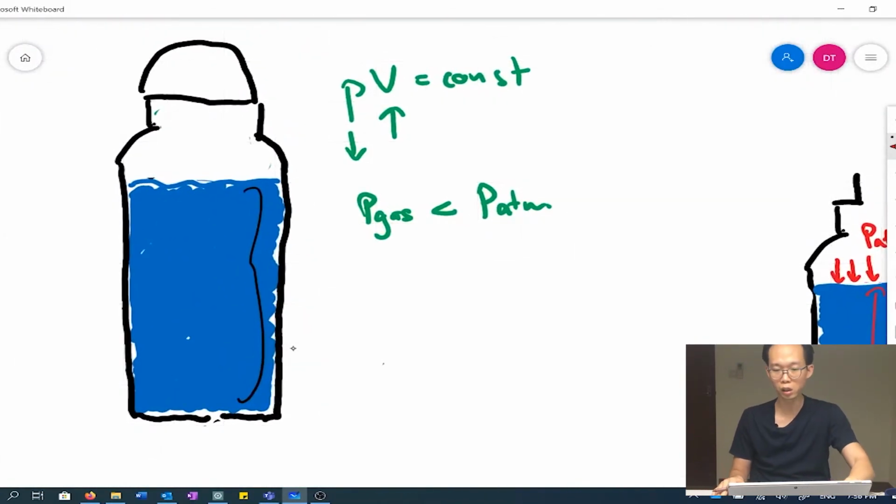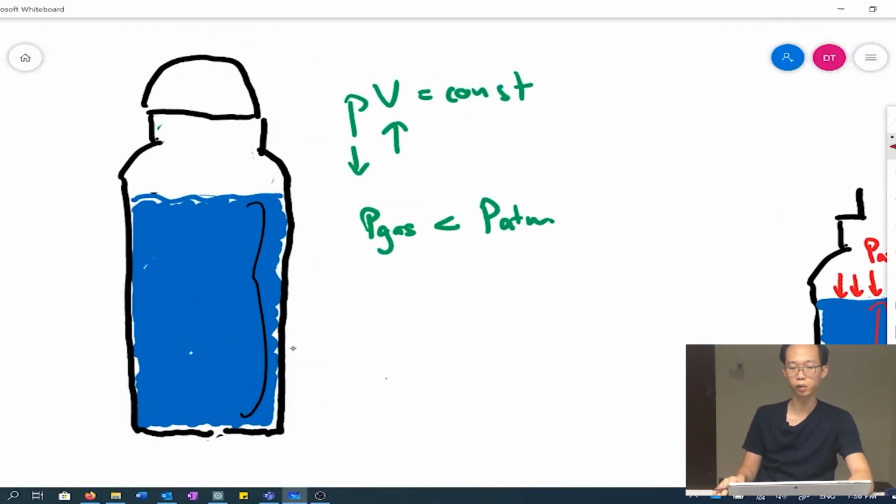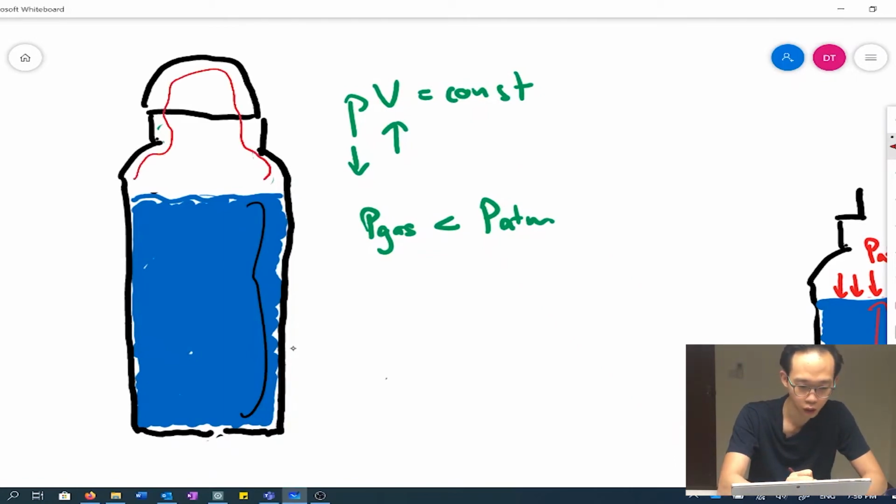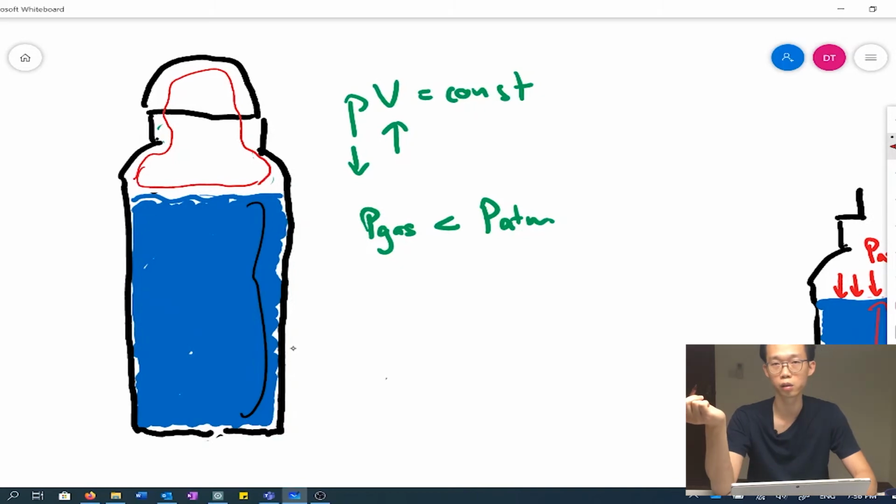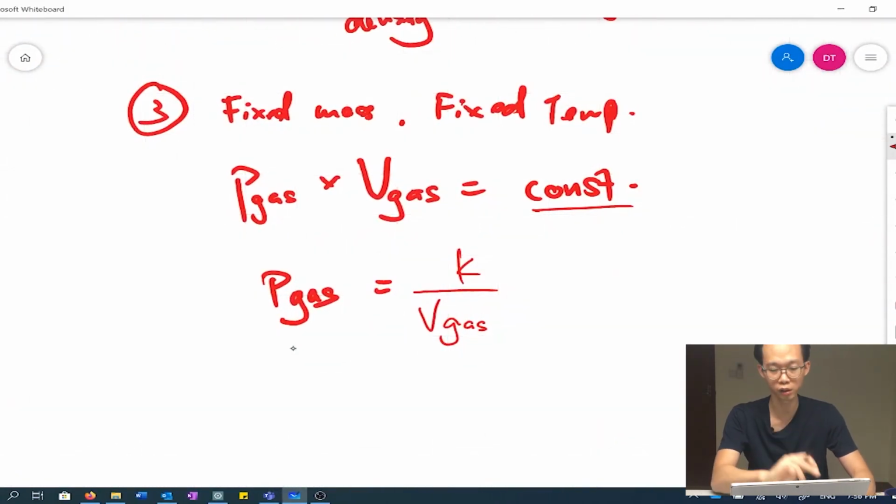The interesting thing is the second example, where we have the lid closed. When the lid is closed, then instead of having atmospheric pressure here, you have some amount of air pressure or gas pressure, which may not be equal to atmospheric pressure. Why may it not be equal? Because once you close this cap, this region here becomes a fixed amount of gas. More gas can't come in anymore. So this is a fixed amount of gas, and this concept here, number 3, applies.